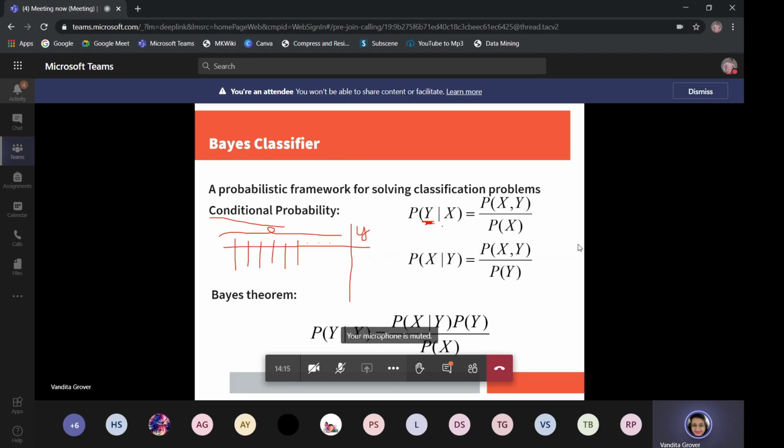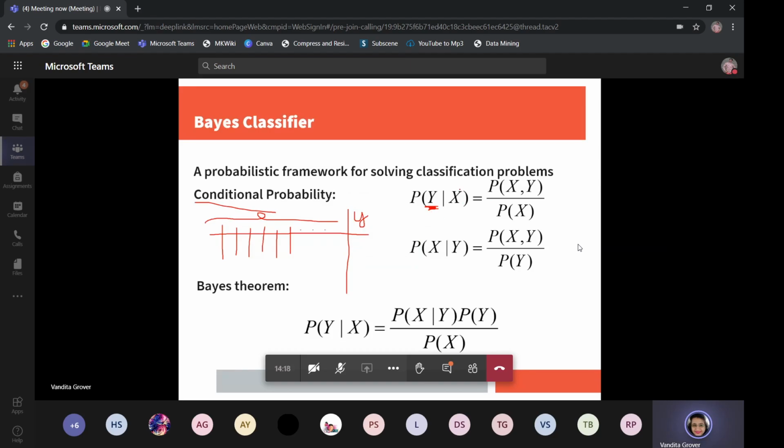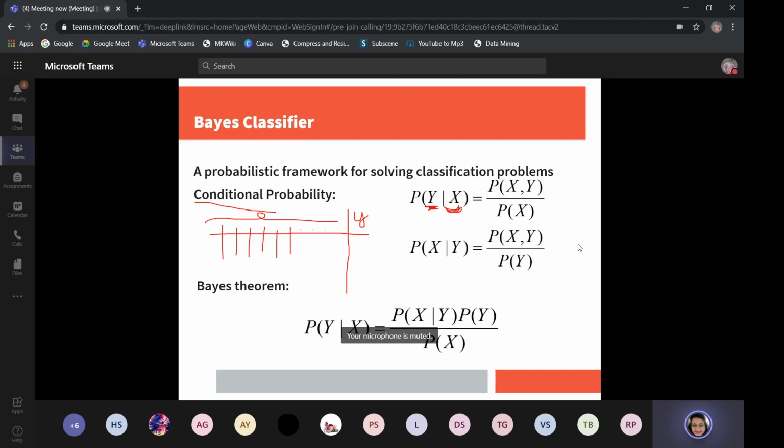So this posterior probability, posterior means that this information is given to you. Given X, this has already happened. What is the probability of Y happening? It is given by P(X, Y). You can read it as union, where both X and Y are happening given X has already happened. So you will have to remember this formula. P(Y given X) is equal to P(X union Y) by P(X), and P(X given Y), given Y has already happened, is again P(X union Y) divided by the prior probability of Y, P(Y).